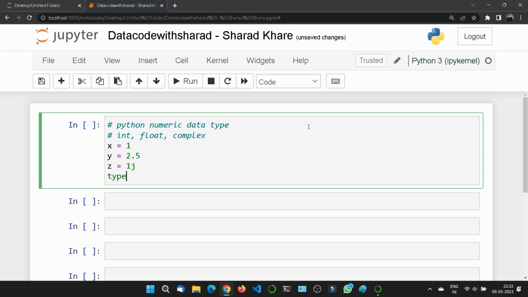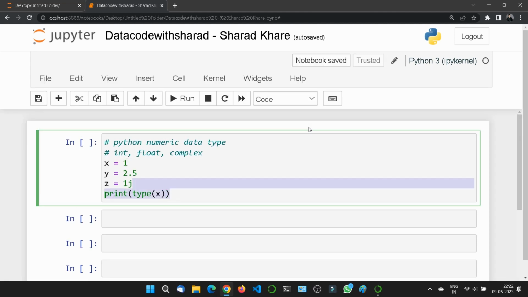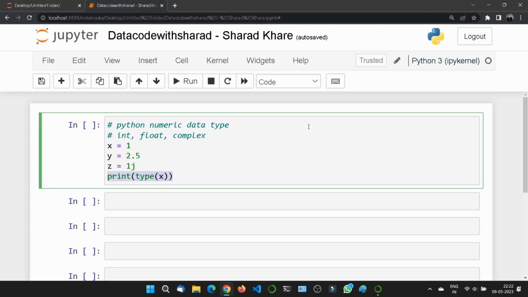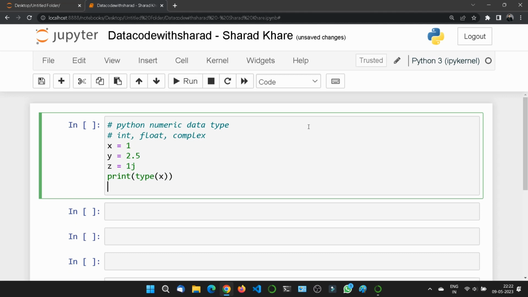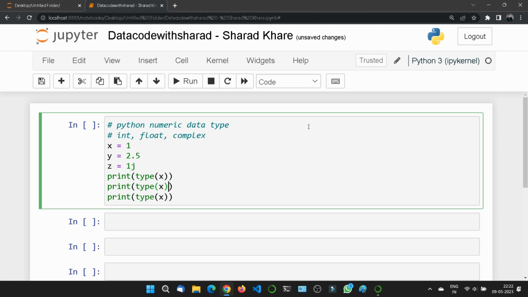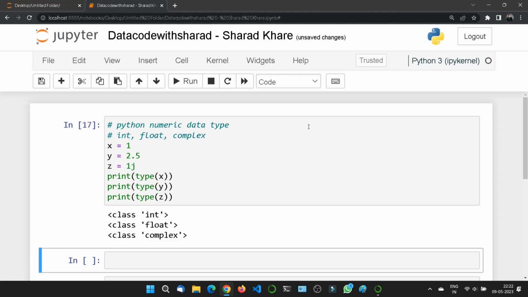Type, print and then type x. Let me copy it. Copy and then paste and then paste. Here, let me change it to y, to z. If I'll run this, then you can see the first x is integer, y is float, and then z is